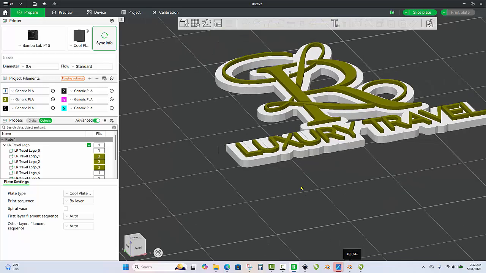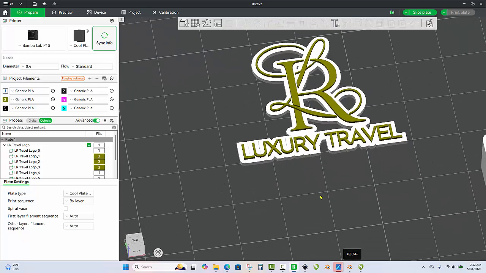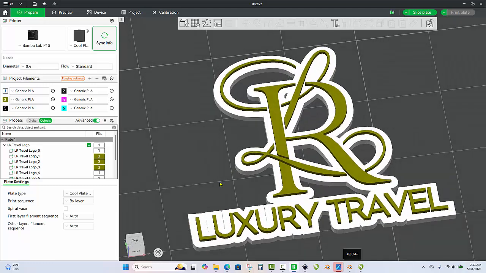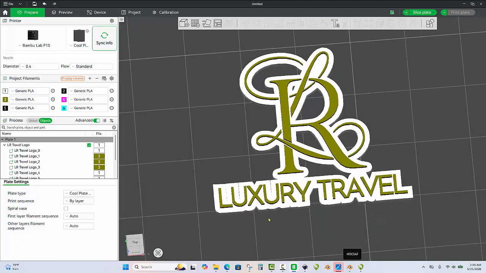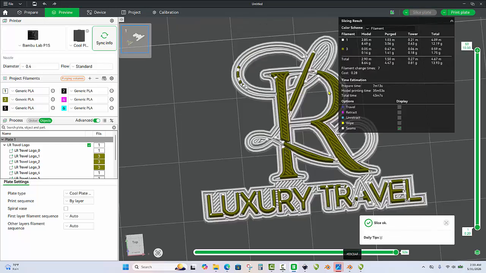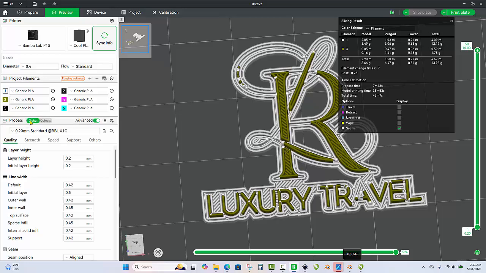But yes, that will look pretty good, just like so. So let's go ahead and slice this plate and mainly focus on that. And you can see one issue that I was concerned about was that this was going to be pretty thin, pretty tiny. So let's go back over here to global, and there are some things that we can do to